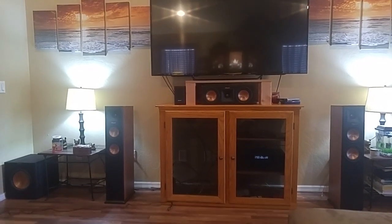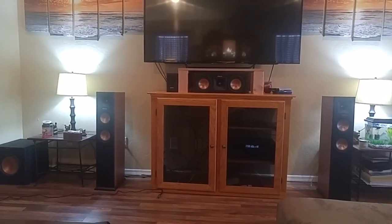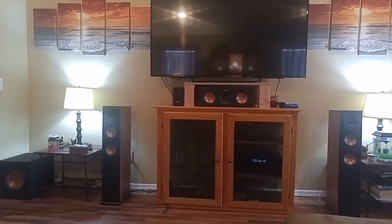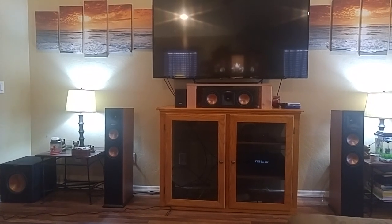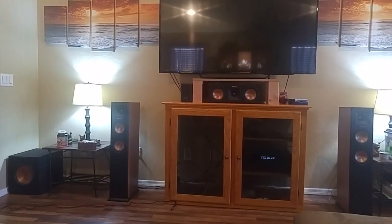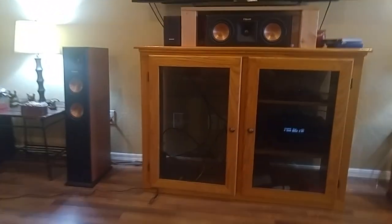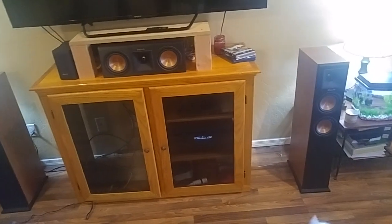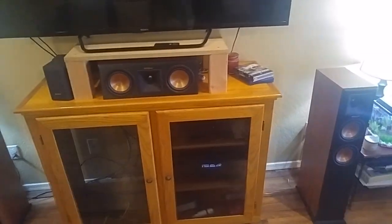Folks, it's been about a year since I've had the Klipsch system, and I wanted to provide an upgrade and what I would consider a review for those who are new to home theater and who do not have a large budget. So I initially started off with a home theater in a box system with just a few satellite speakers like these and a subwoofer and a center channel. That slowly grew into the system you see before you with the